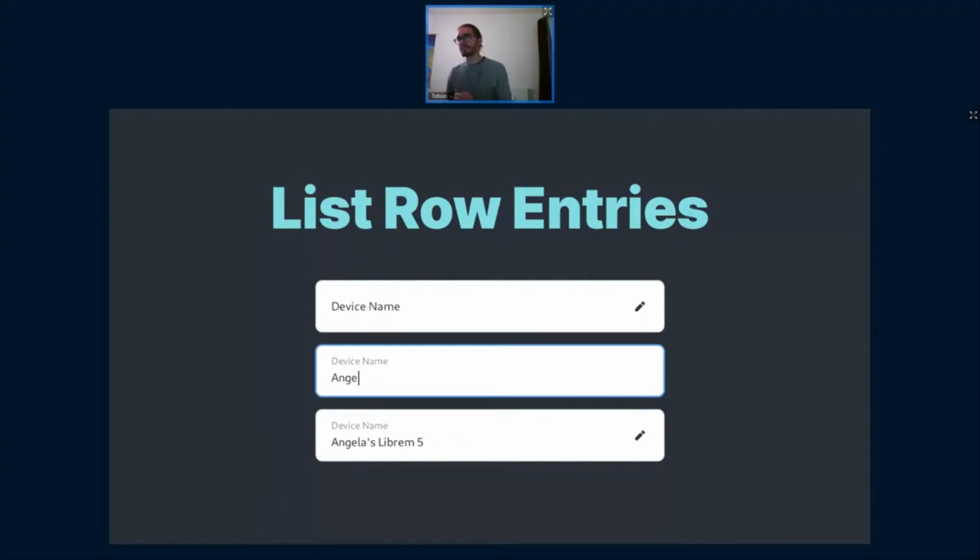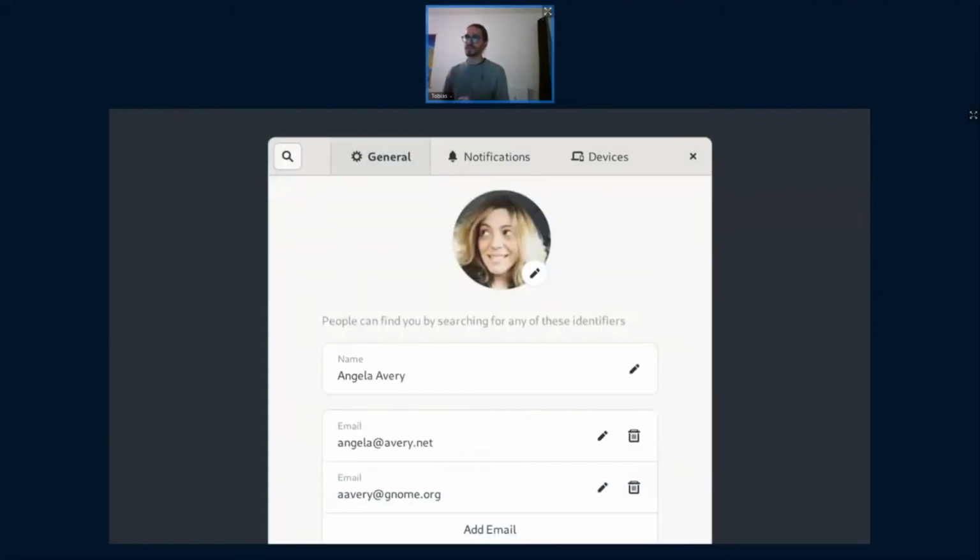But one of the problems with that is that entries don't really work that well in that. So they don't really mix that well with list rows. And so it would be cool to have list rows that are optimized for that kind of work, for that kind of layout. And so we have designed a new ListRow entry widget that would basically look a